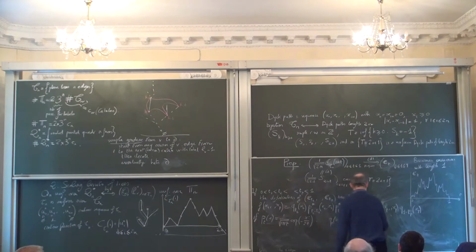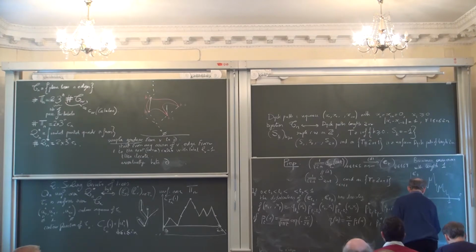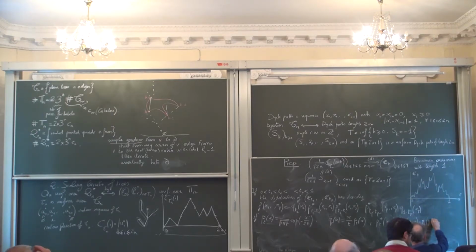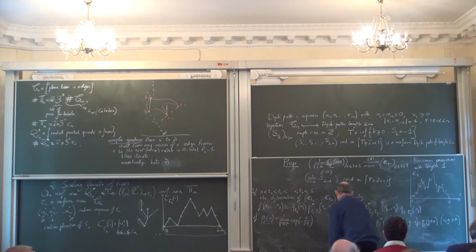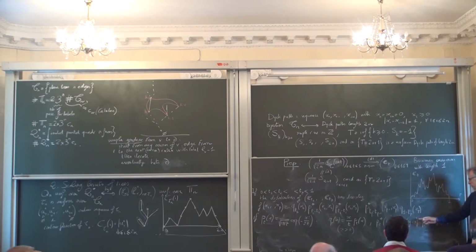And p star_t(x,y) is just p_t(x,y) minus p_t. No, sorry. It's p_t(y minus x) minus p_t(y plus x). So this is for x, y positive, of course. And this is for x positive too, okay. So this can be interpreted as the transition density for Brownian motion killed when it hits 0. If you use a kind of reflection principle, you see that you get this p star.